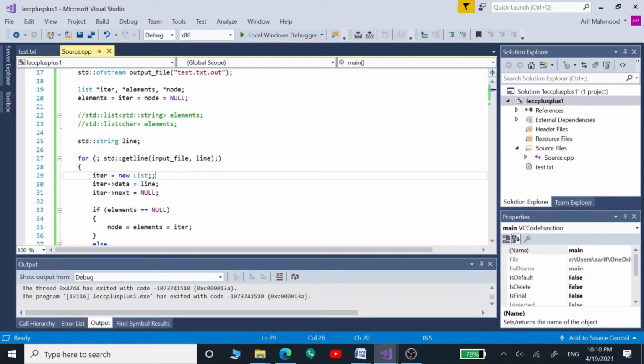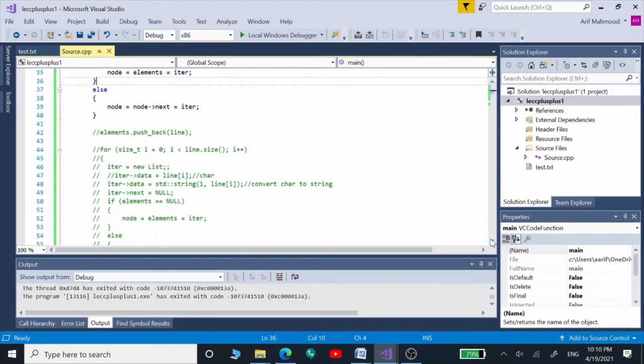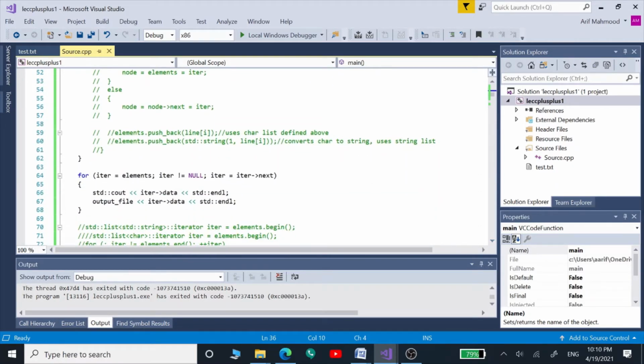After that we are going to make the structure of our list here, and this is that same structure on the same pattern. This is the way we define our own list. After that we are going to close this for loop, and then we are going to use the second for loop to iterate through the elements of our list one by one and display those onto the console window using this code line and store those into an output file using this code line.